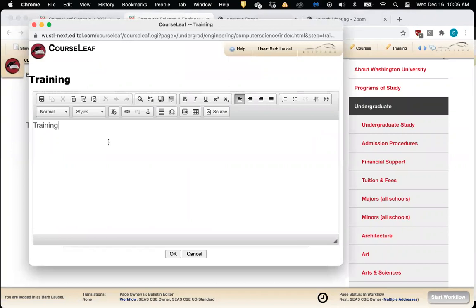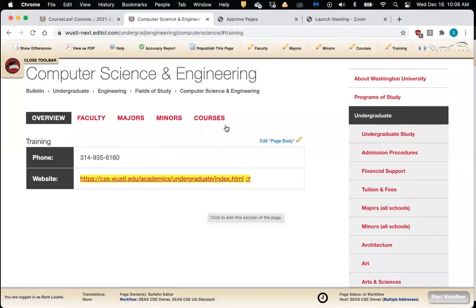Now, just FYI, I put the word training on here, but if this was a blank page, just so you know, if I erase that word training and click OK, and OK is the same thing as save, that training tab goes away. And that doesn't mean that it's completely gone, but it exists up at the top here on the toolbar. And so if by chance you need additional tabs created, that's something that Jennifer can do.